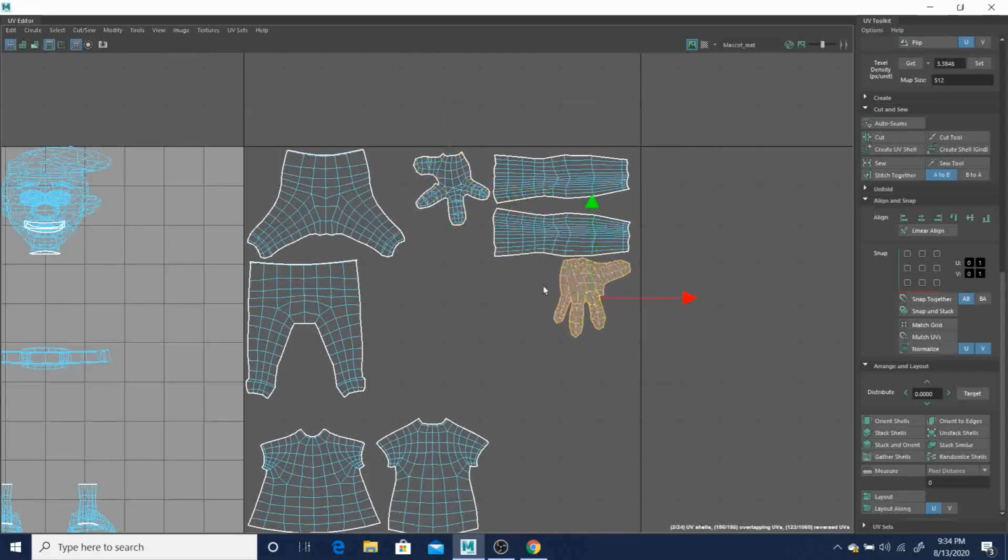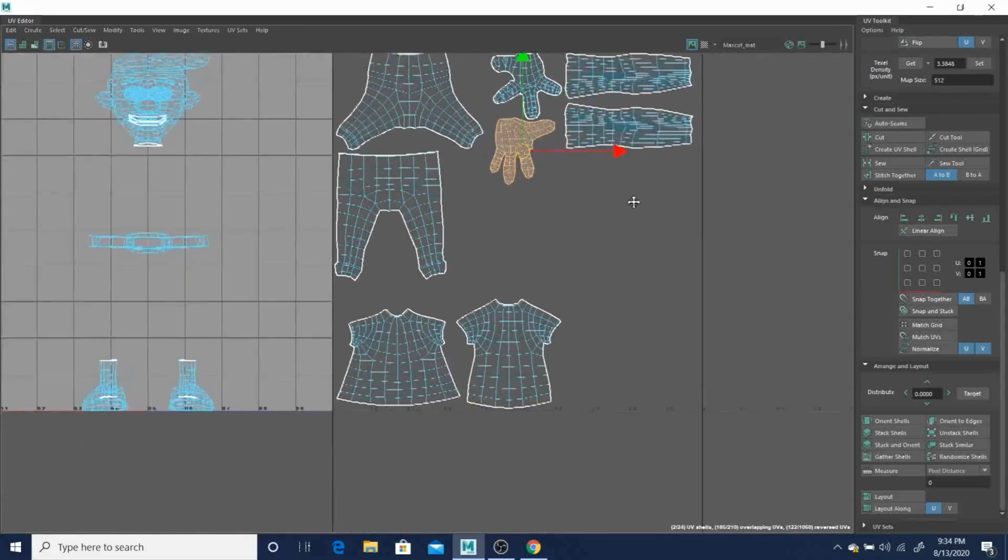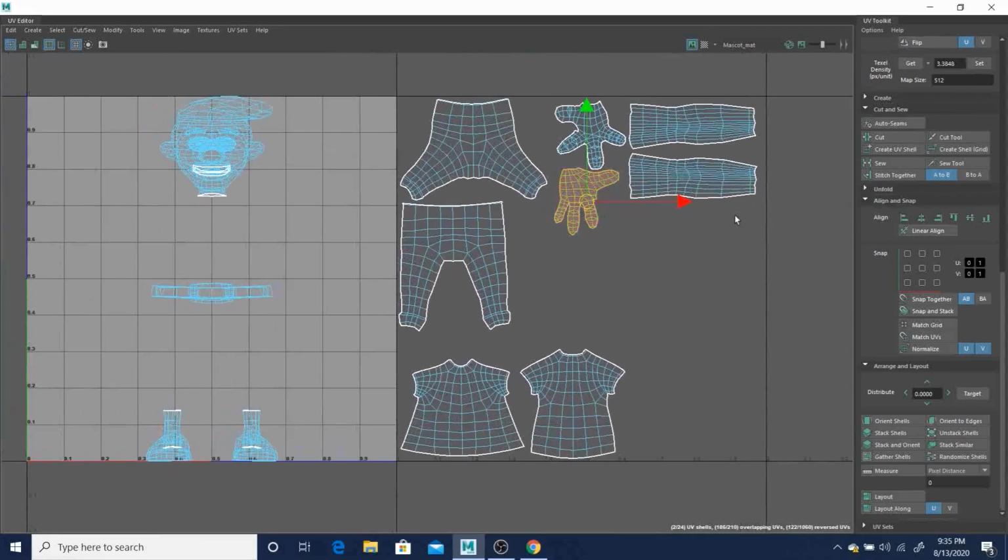And these hands, grab these ones, I'm going to scale those down a touch as well. All right, so we have the belt, the legs and the socks, the shoes, and his head and hair to all fit in this texture space. So we want to find what works best for that. From here I'm going to minimize,